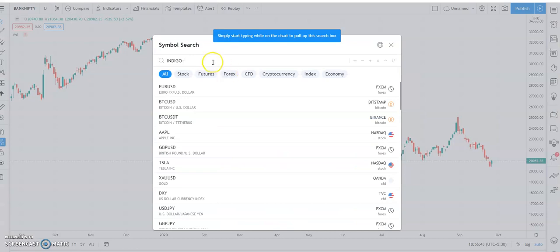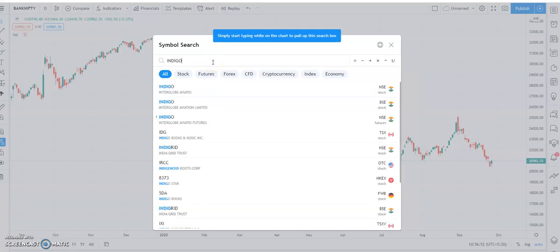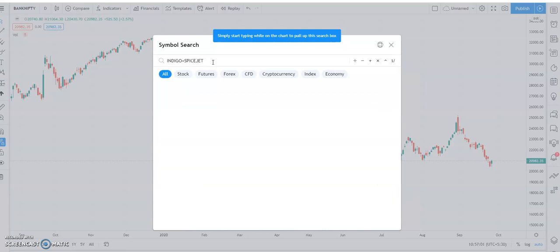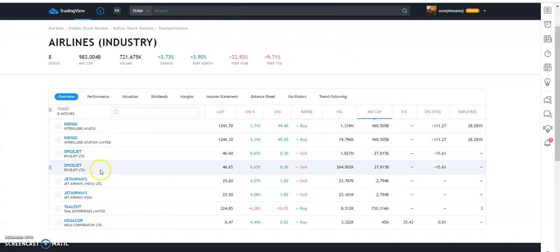Again come to TradingView, type SpiceJet. Add a plus sign. Go to this web page result.